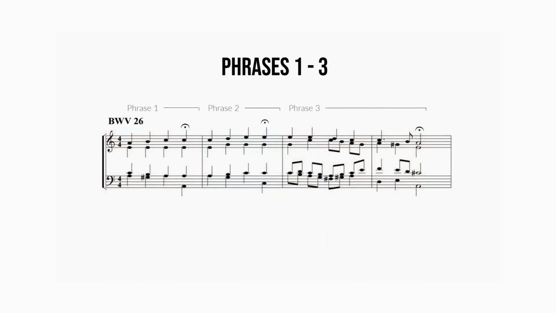A few other things to note here. There is the use of the melodic minor in the bass line, which is why when we descend, we have notes from the natural minor, but when ascending, we have the sharpened 6th and 7th scale degrees.